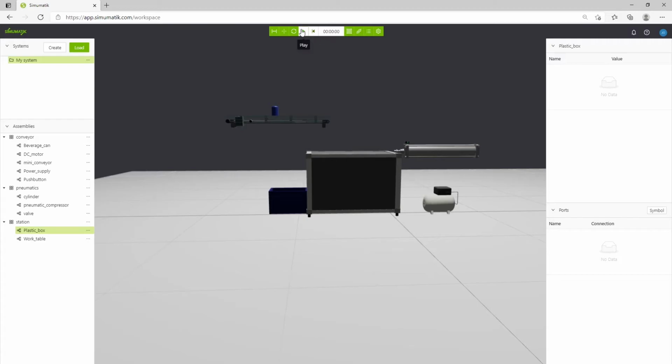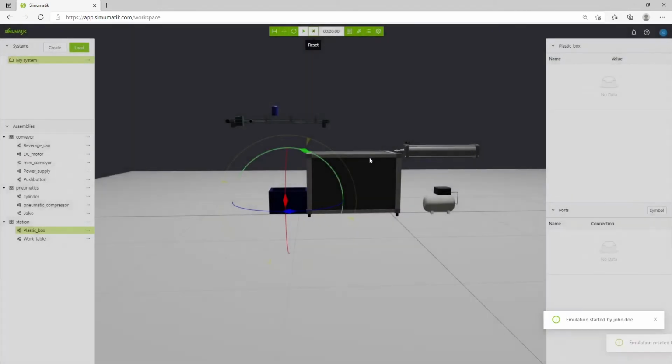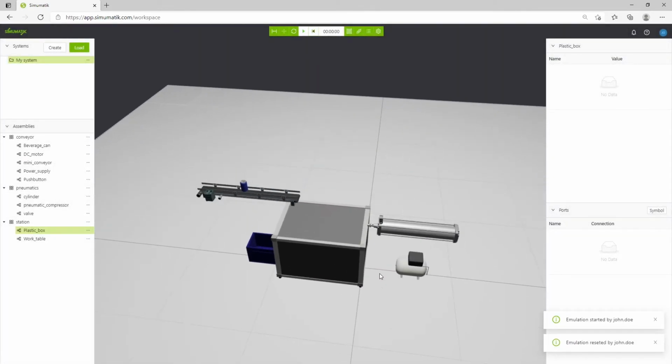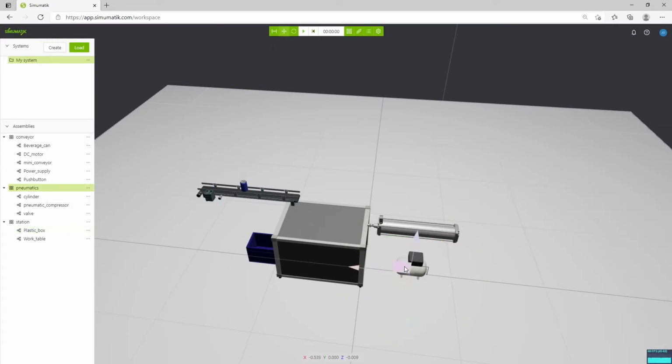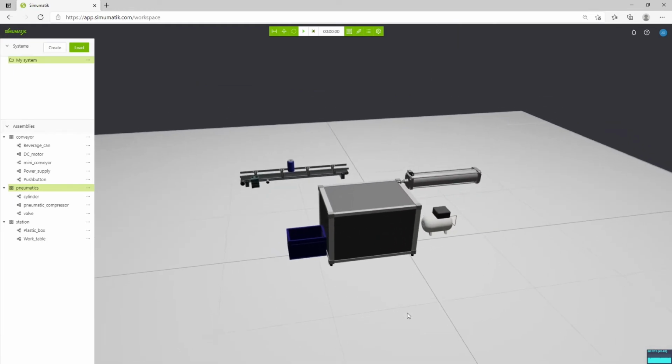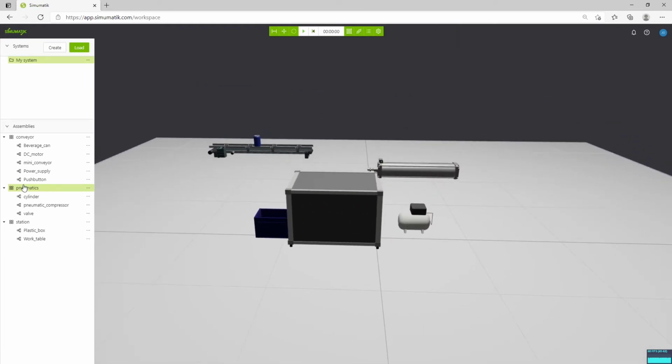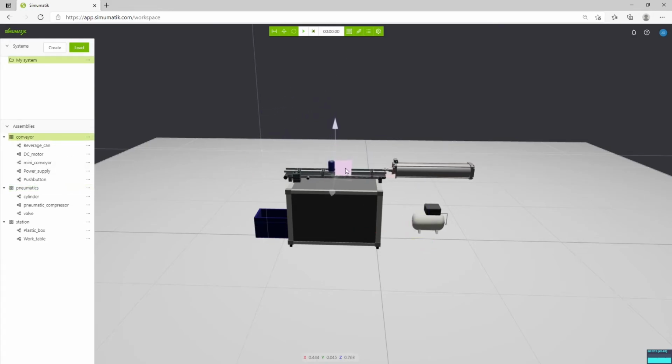Nicely there. We can click play and see what happens. Yes, everything is in place. So now let's move these assemblies so they work good together. This one maybe we need to back a little bit, and now we take this one and we place it on top of the table